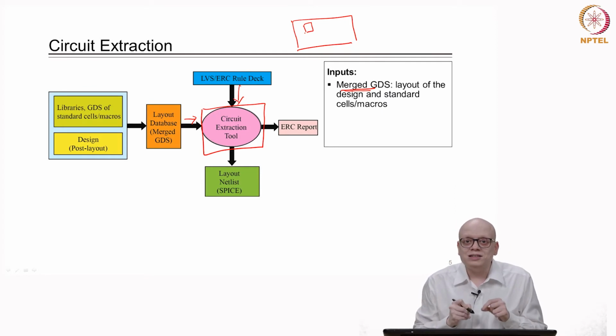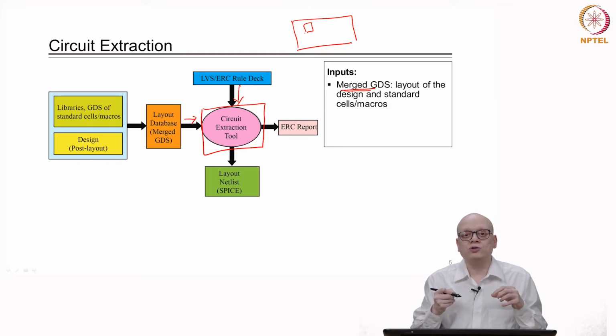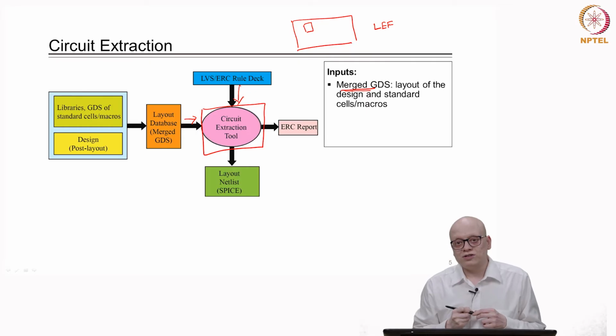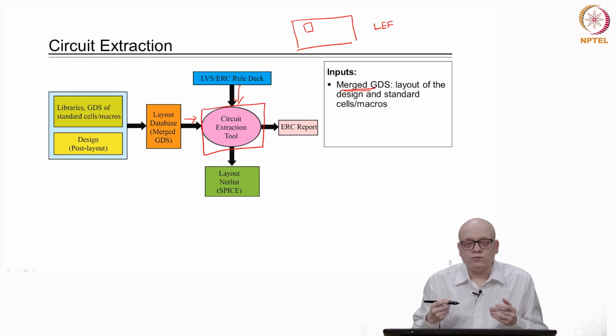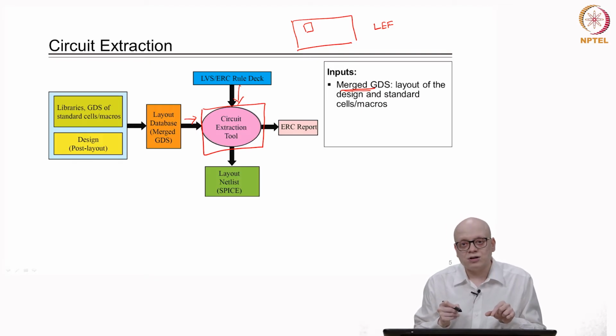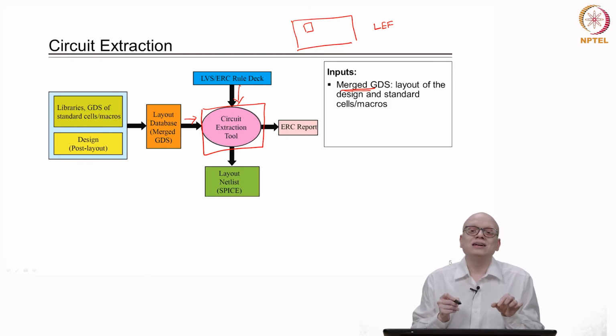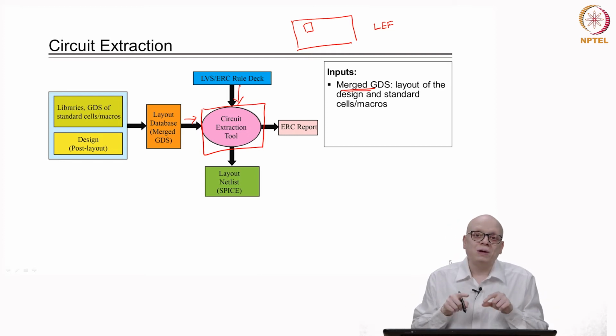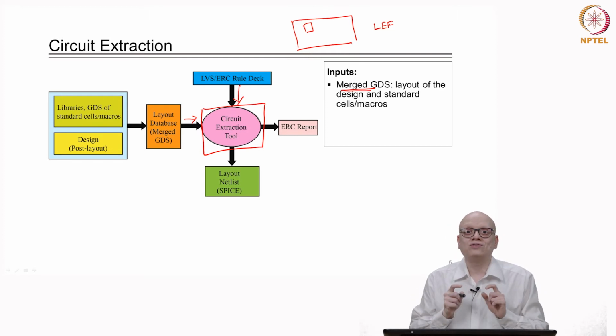Now, the view of these standard cells is an abstract view, and these views are based on what is in the LEF file, right. Remember that when we carry out physical design, we give a library, one of whose formats is the LEF format, and the LEF format consists of an abstract view of the cells. So, it knows where the pins are, what the bounding box is and so on, but it does not know